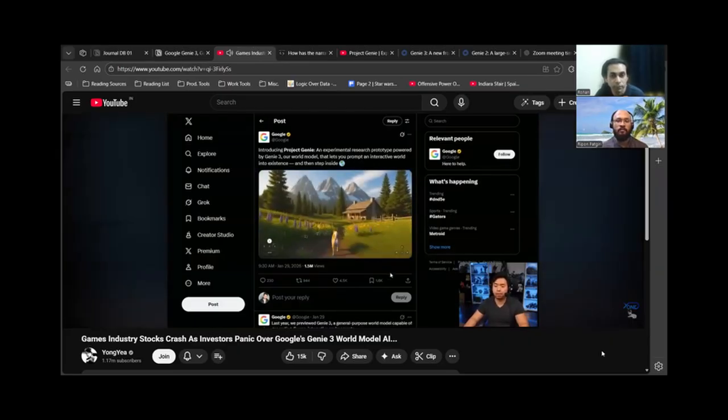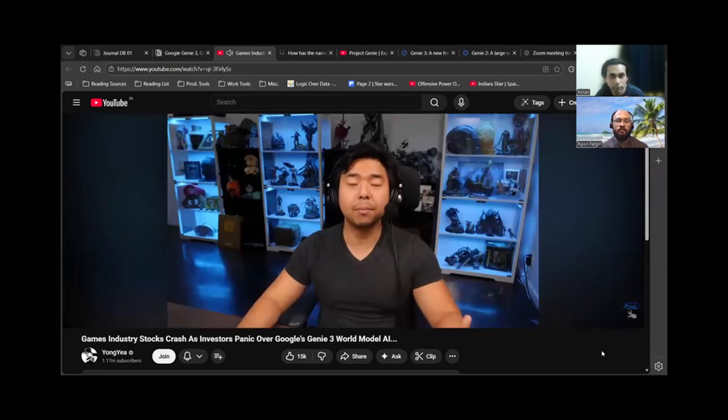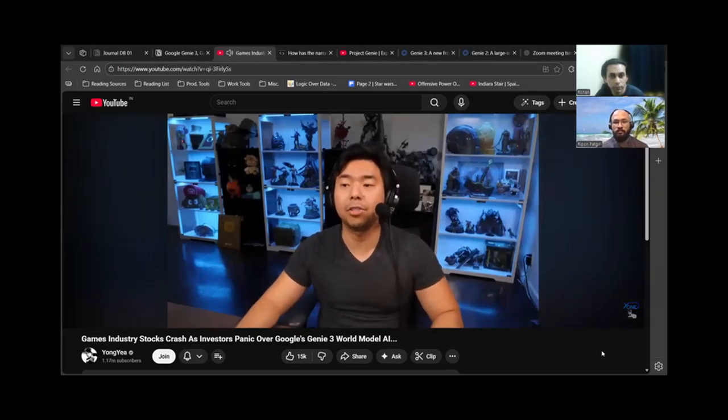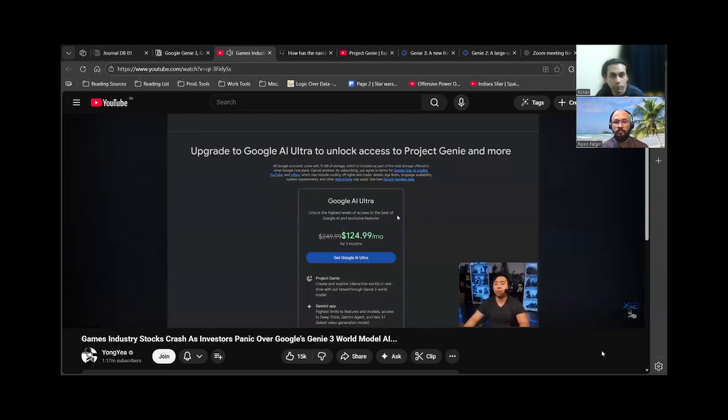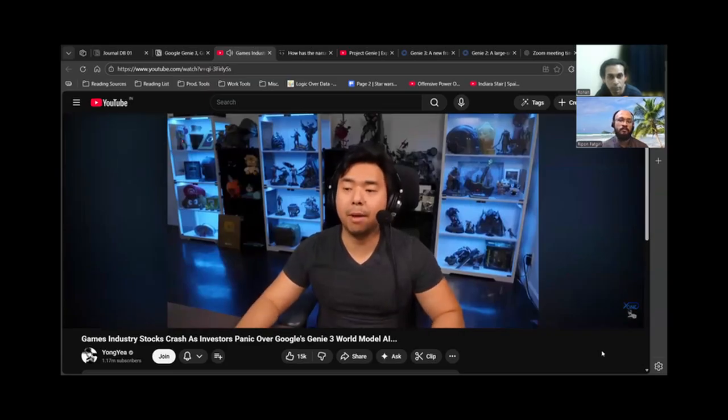And this is an area where you can use your keyboard to navigate through. And this is something that's out right now for the public to be able to play around with and test out if they so desire. That is, if you want to pay for Google's AI Ultra subscription plan at the low price of just $125 a month for 3 months, and then you'll be paying $250 a month for the time that you want to use this feature. So yeah, insane price point that is clearly not meant for the masses,